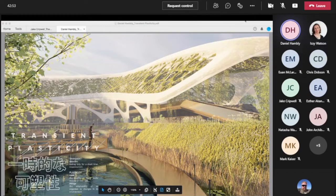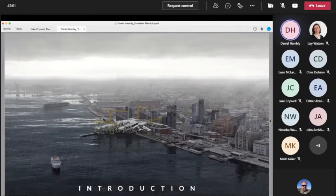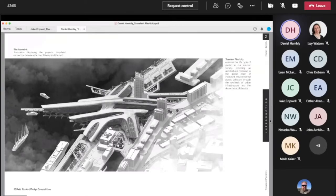So my name is Daniel Hambly, and this is my project, Transient Plasticity. To begin, I'll give you a short introduction to the project. Transient Plasticity explores the life cycle of plastic in our current society, providing an architectural response